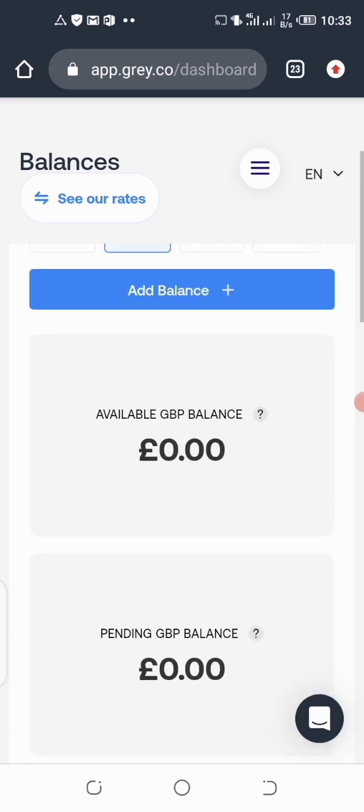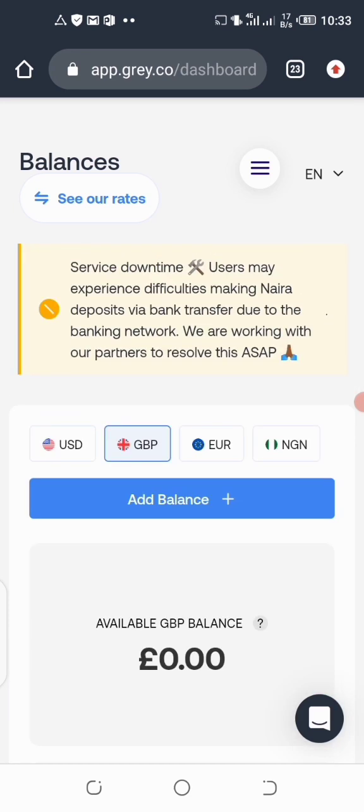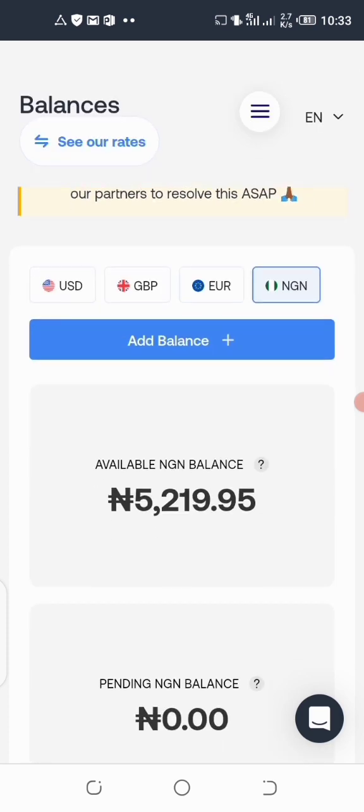Now you have to come to your Nigeria balance. You see this now? Just simply come to this place with the green, white, green logo and then the NGN. So click on that. It should reflect immediately. So you see, remember when we started, the Nigerian balance was exactly 0 naira, but now as you can see, it is